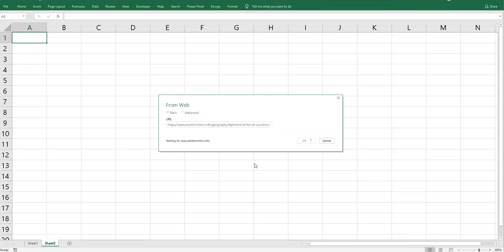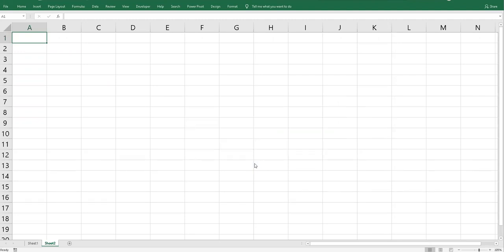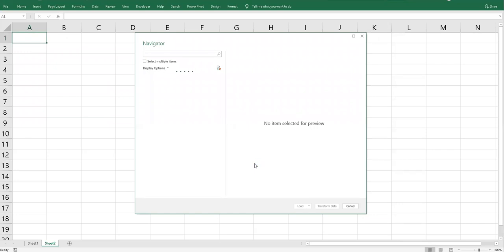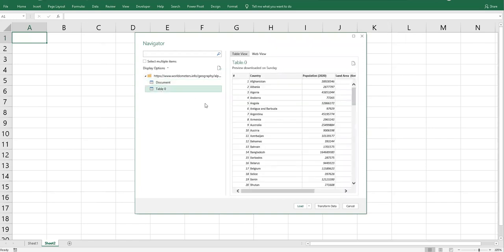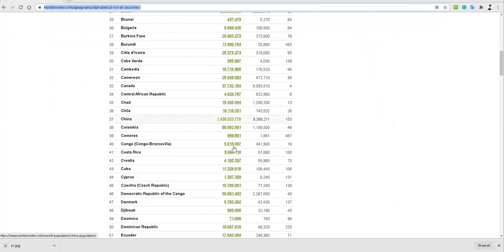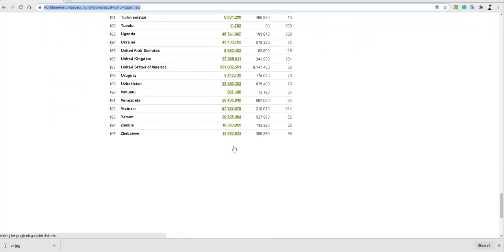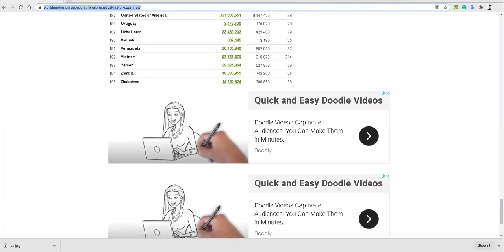It will fetch the information from that web link, because this is also a very useful tool to get information from the web. There are too many things over there, so this is a very useful function. So you will see how we will utilize this information. See this document, we don't require it, but this table looks interesting. This is the whole information. As you know, there are 195 countries in our data, so it will fetch all the information of these 195 countries.